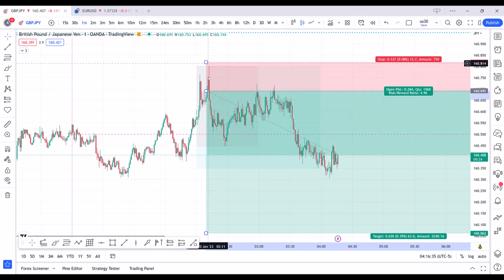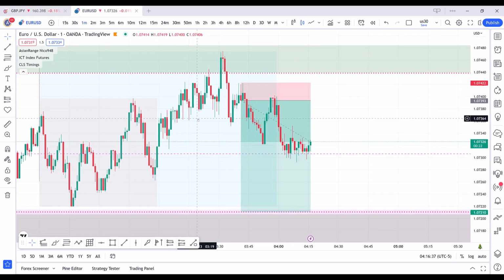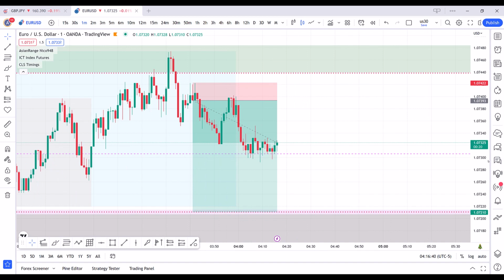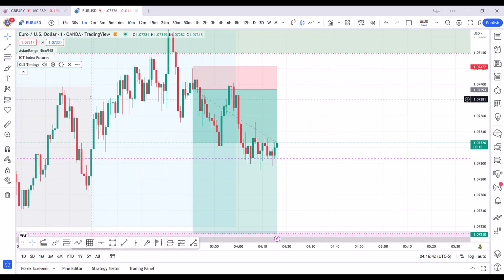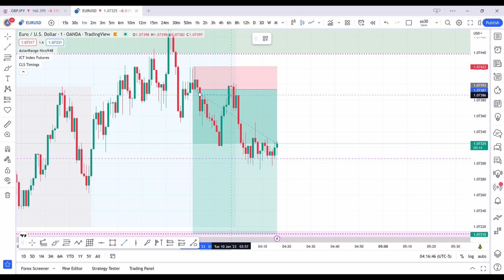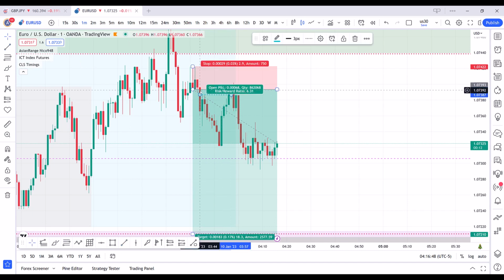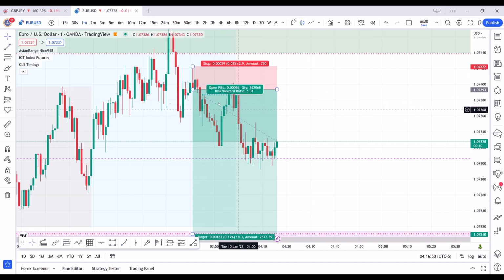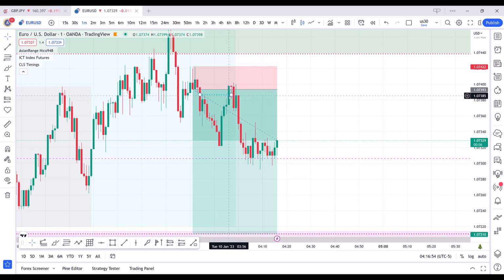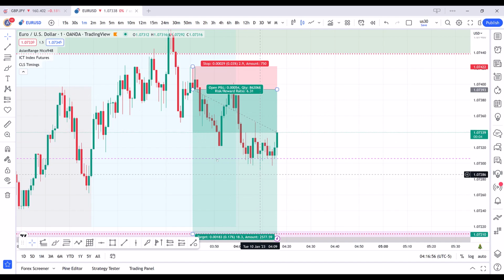Why did I take this trade and this trade? It is the trading setup I taught you in the ultimate smart money trading. You can see that we have our point of liquidity here and we have our imbalance right before this point of liquidity. So it grabs the liquidity, it hits that imbalance and it starts to go lower.